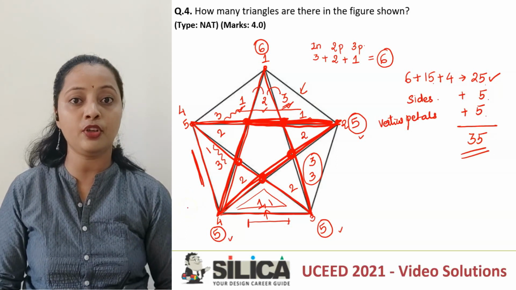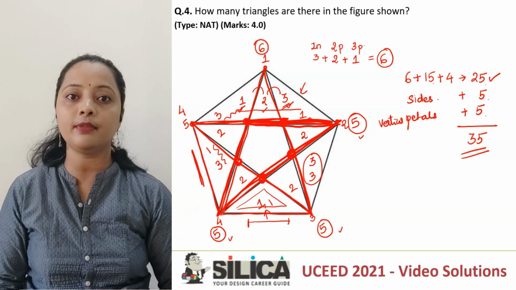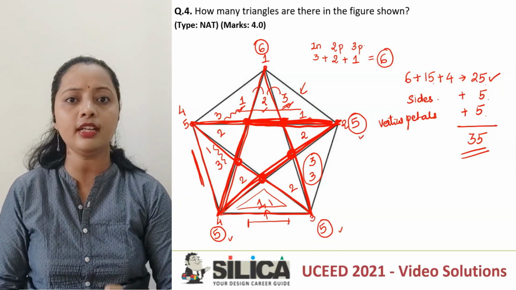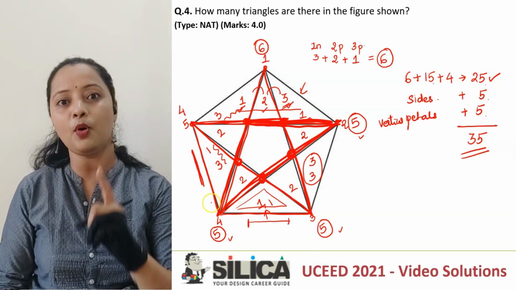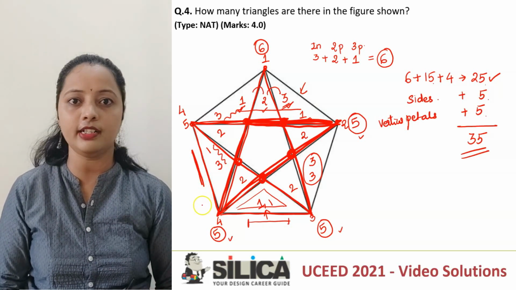So just one key point to remember is start with one particular direction and go on counting gradually. And do not forget, always cross check your answers. Got it guys? Thank you.